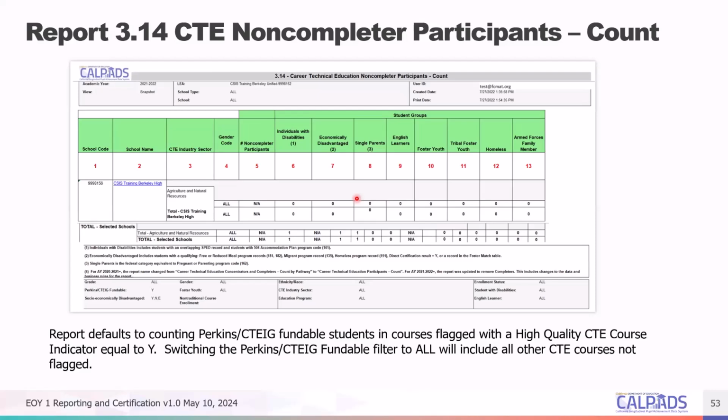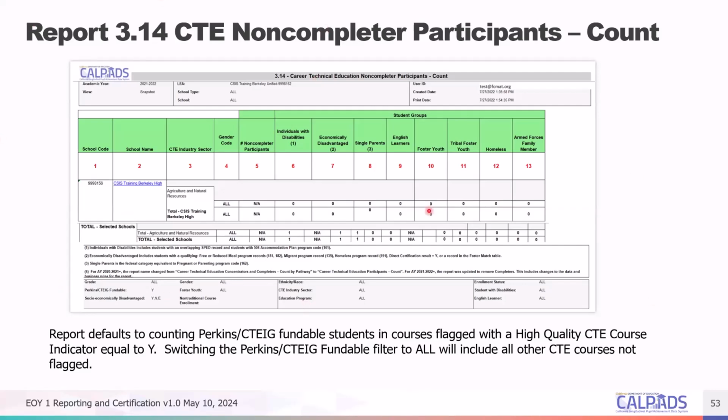So essentially, if the student completed a CTE course, may it be an intro, a concentrator, or a capstone course, but that student does not have the SCTE record for this year, especially with the capstone course, then that student would be part of this report.